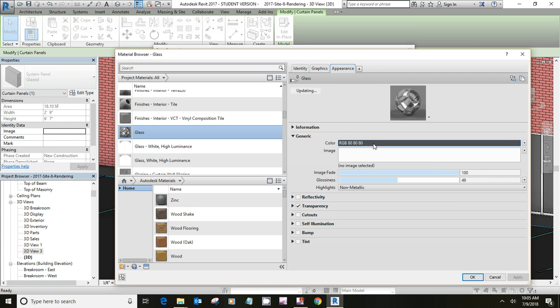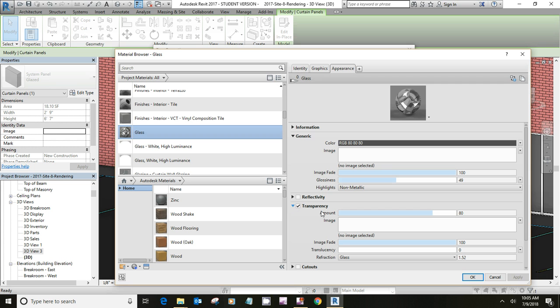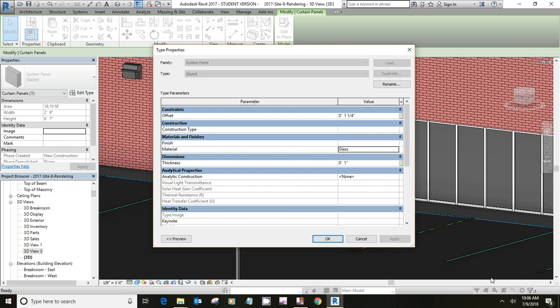This gray color is fine, or you can leave it a bronze color. But we want to turn on transparency and make it like 80% transparent, which works pretty good. You could go a little higher, that'd be fine. And this will allow the lighting to show through the window,